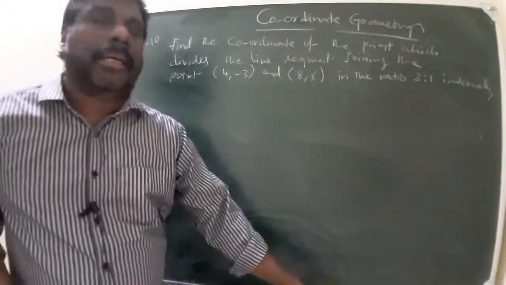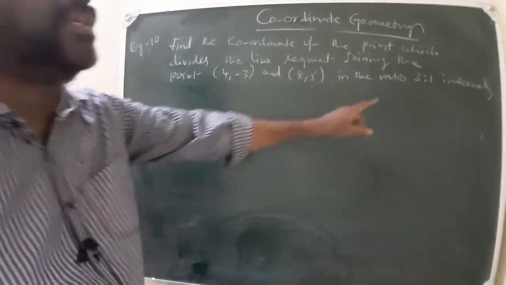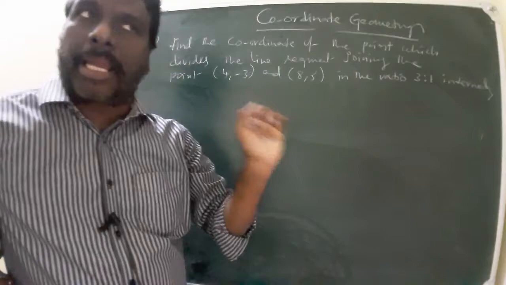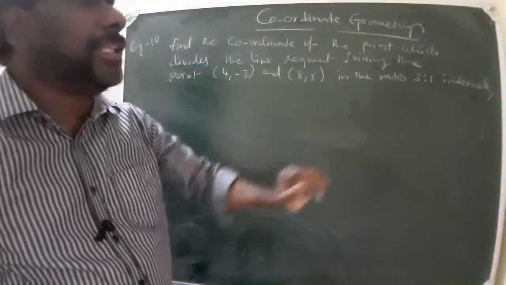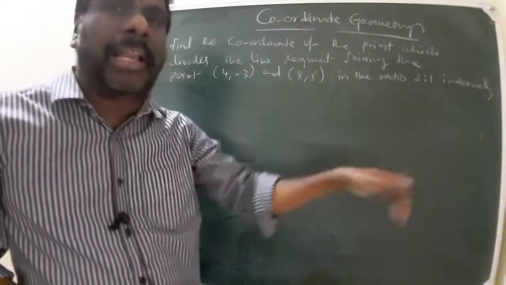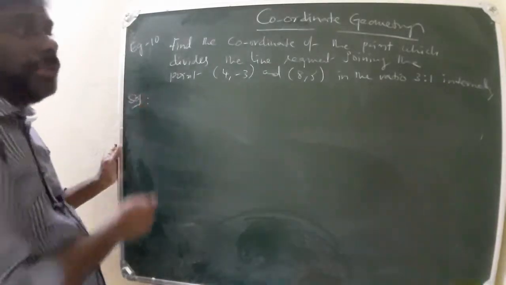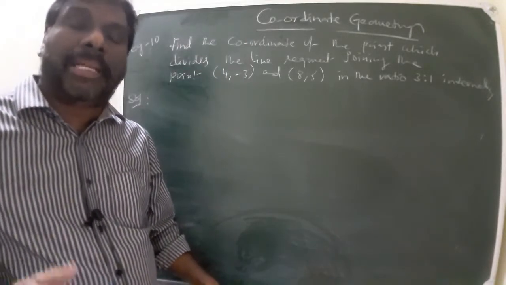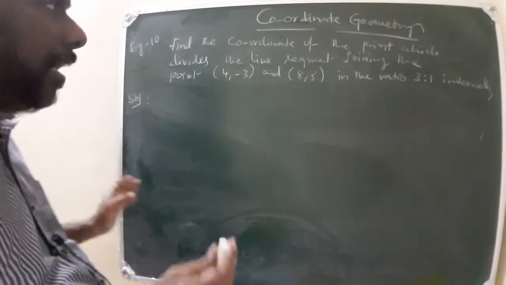So here you have to apply the internally dividing point formula. Sometimes the word internally is not given. If it just says divides in the ratio 3:1, nothing is given, so you have to take internally dividing. But for externally, the word externally must be given in the sum, and only then should you do the externally dividing point. Whether the word internally is given or not, you do the internally dividing point. So how to do this one? The internally dividing point is (m1 x2 plus m2 x1) by (m1 plus m2), (m1 y2 plus m2 y1) by (m1 plus m2). That formula I have to apply.